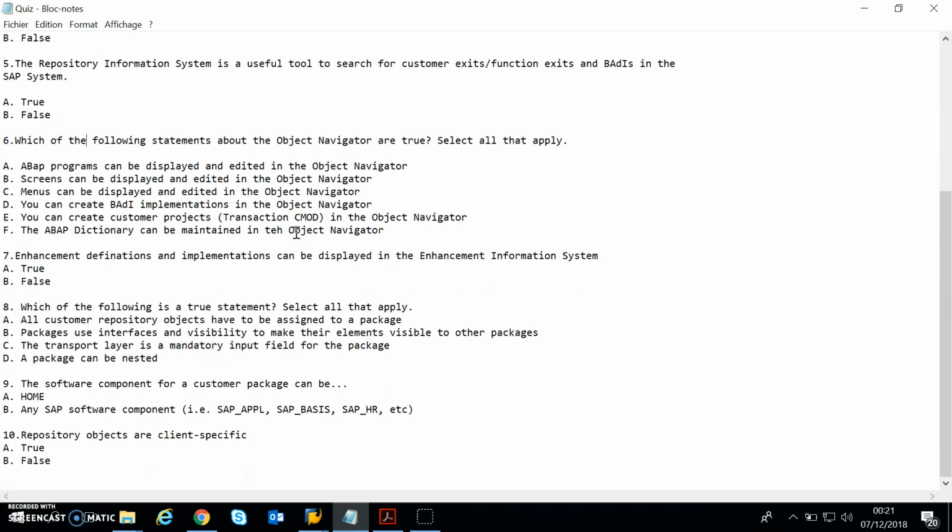Which of the following is a true statement? Select all that apply. All customer repository objects have to be assigned to a package. Well, you have the four options. The correct answer is A, B, and D. You can create a local object and assign it to the package $TMP, but you have to assign the object to a package if you want to transfer the object from one system to another, and a package has to define